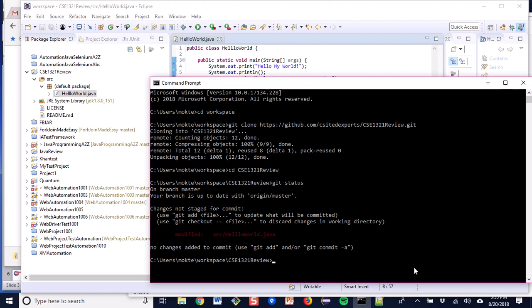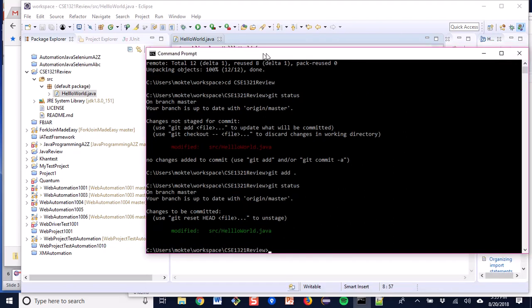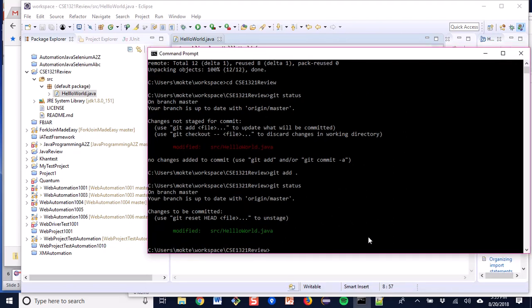Now I have to give the second step of the push command. What is it? git add dot. Then these changes are added. If I give status again, I will see modified. Then I have to give the commit, the third statement: git commit -m in double quotation marks,